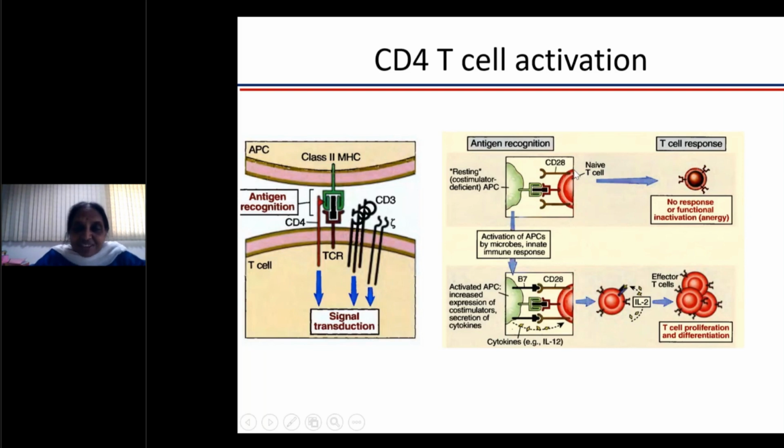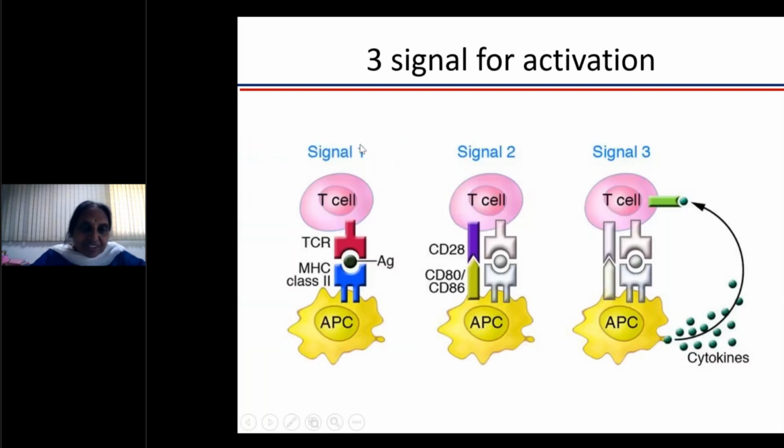So the signals come from that when this binding happens, the antigen presenting cell, as I told you, upon maturation, there is expression of co-stimulatory molecules. These co-stimulatory molecules are CD80, 86 or B7.1 or 2 on the antigen presenting cell. This will bind to CD28. Once this binding occurs, there is very tight fit and the T cell gets activated, starts proliferating. And once it does that, you get lots of IL-2 and other cytokine signals.